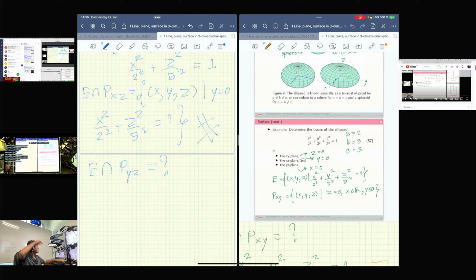This is y, y by 3 squared. Let's plot it and see the result. Yeah, it's again an ellipse. This is the z axis, this is the y axis, and you get an ellipse again. Okay, so we get an ellipse. In order to write the final solution, we have to see therefore E intersect with P